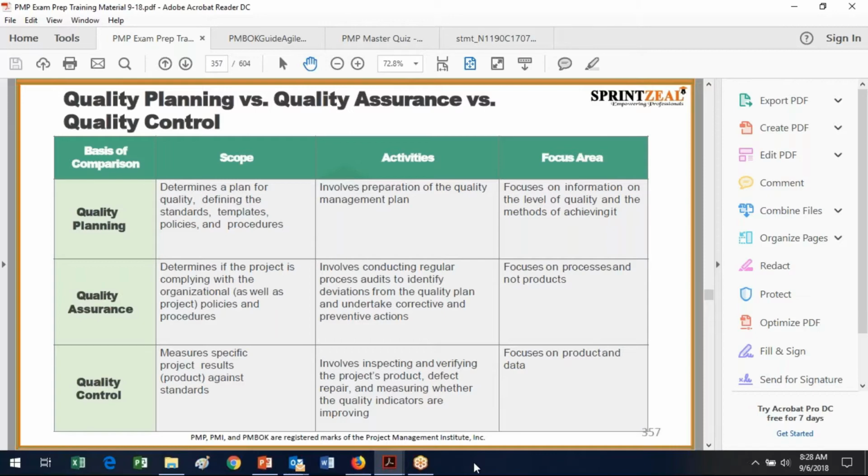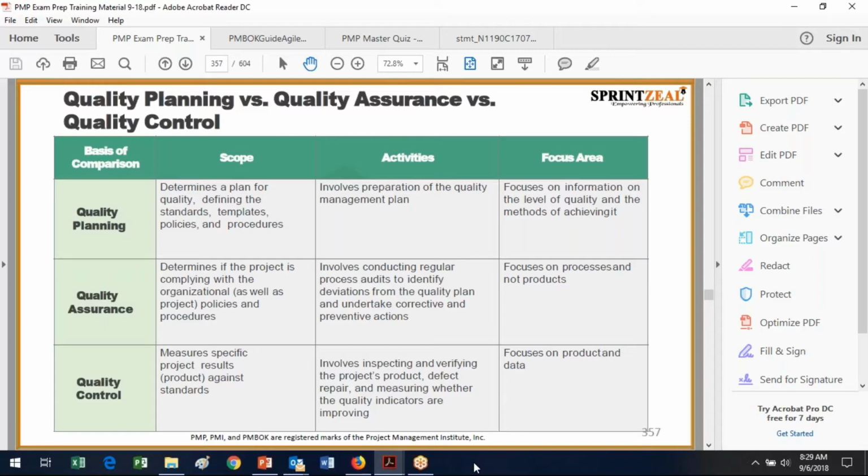So remember, we have that dynamic tension, if you will, between the process and the product in terms of definitionally looking at what processes affect which part of the product or the process. And then finally, the quality control, which is product-based, and that looks at the specific results against standards and revolves around inspecting and verifying. But remember, in terms of quality, you can't inspect conformance to requirements or quality into a product.